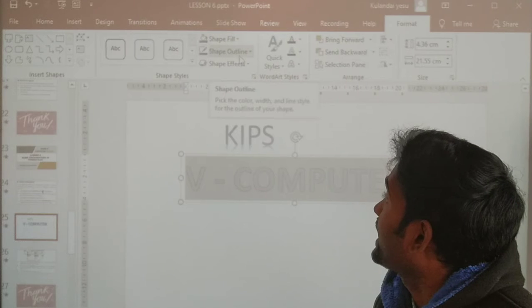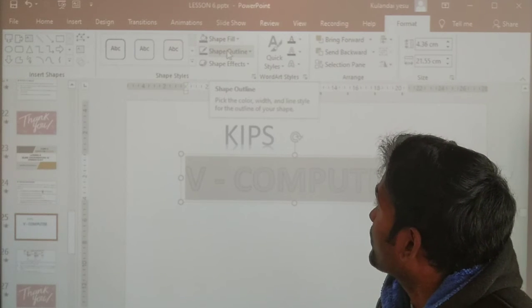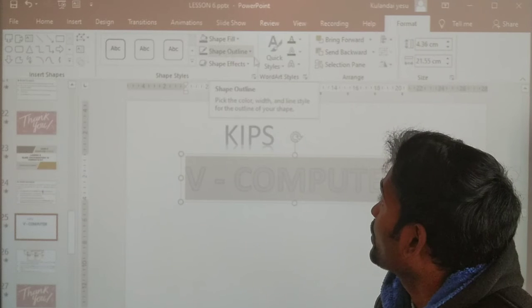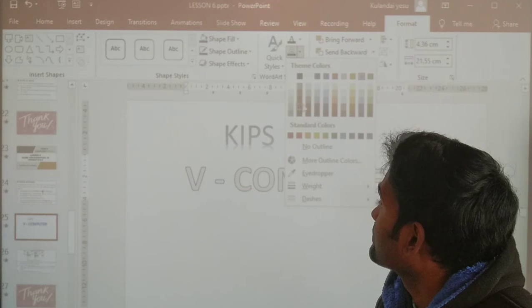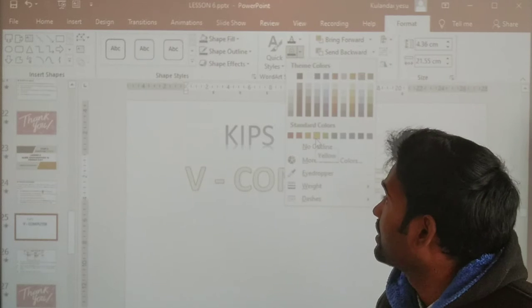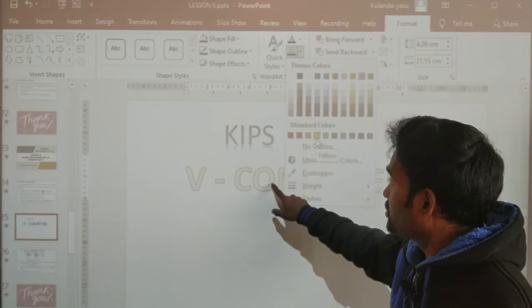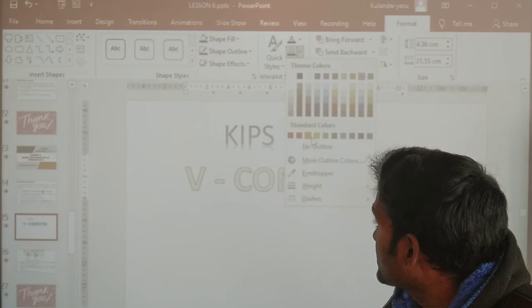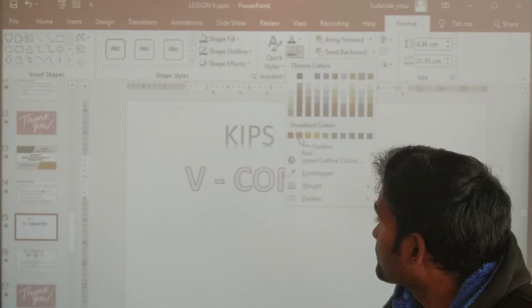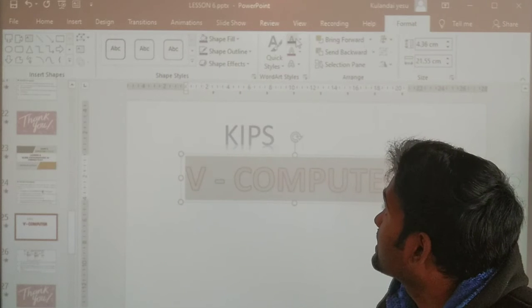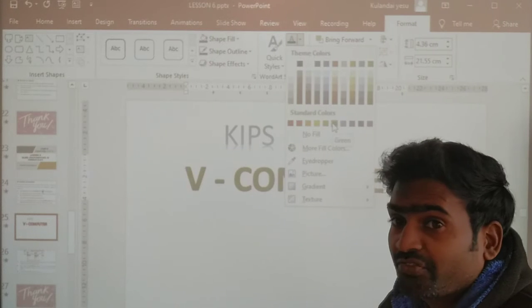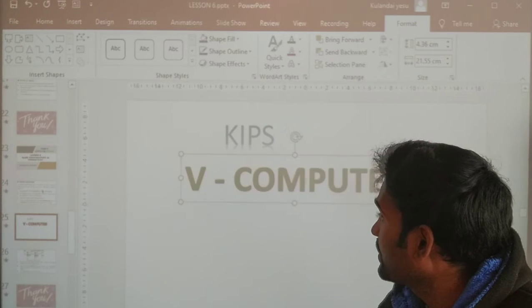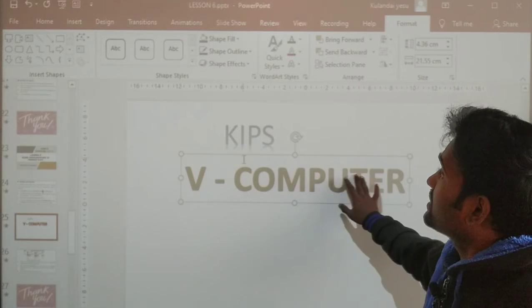Go to the shape outline tab, right? Shape outline tab. Here, the word art style, you can see shape outline tab. Here you can fill anything. This is outline changes. See here, when I pressed yellow color, this outline is being changed, right? Outline is being changed. So let me keep a red color. Now changed. And inside, which color you need? Yellow color, green color, anything. So let me keep, for your understanding, green color here. See, now it is being changed.